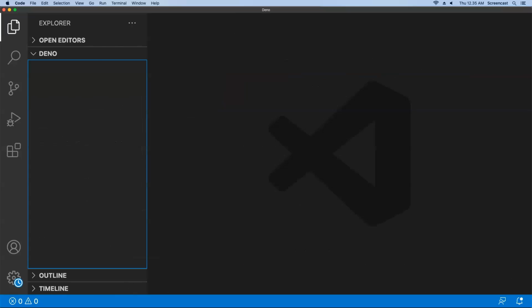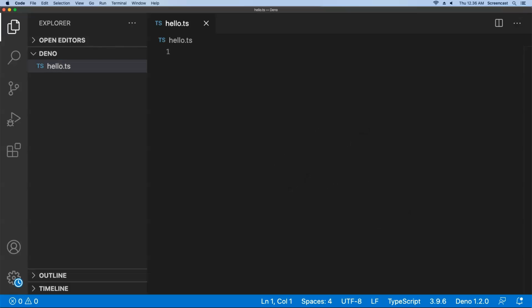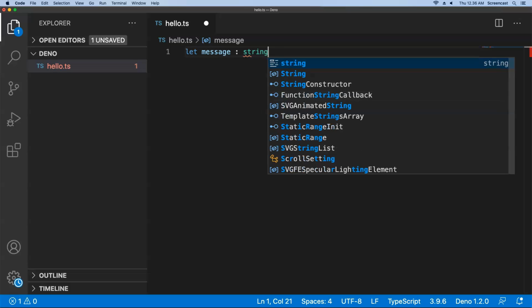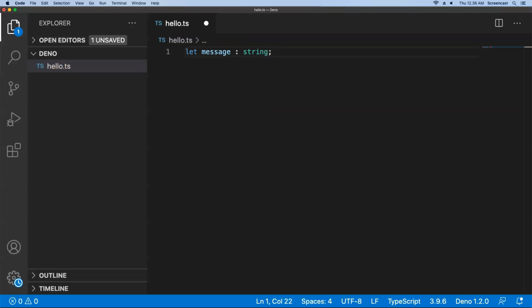Now, I close this and create a new file and name it hello.ts. I use the TS extension because this is a TypeScript file. Now let's write a simple code here. This is a variable to store a message, and because we use TypeScript, we can put the variable type here.